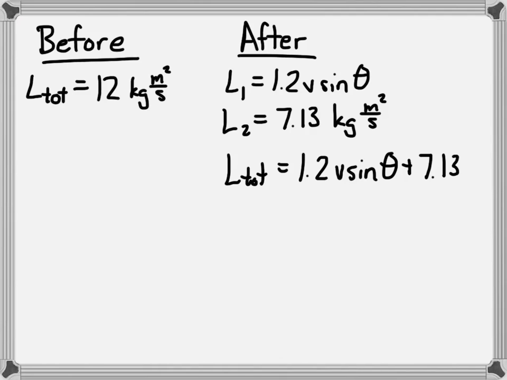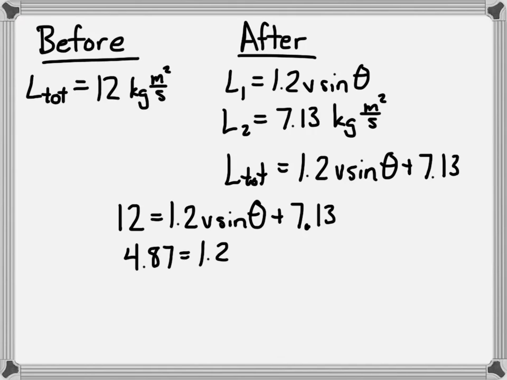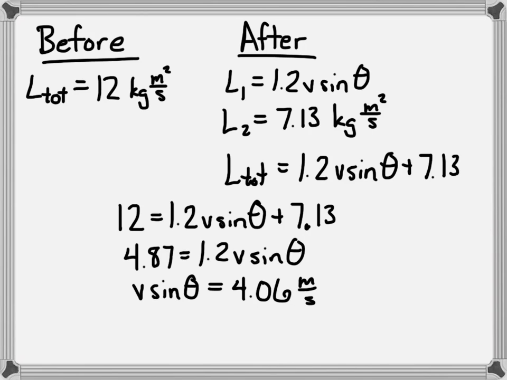And since angular momentum is conserved, I can set these equal to one another. Now I can solve for v times sine theta. And when I do that, I get v sine theta equals 4.06 meters per second. Now, if you think about that, that is the horizontal component of the velocity of the ball